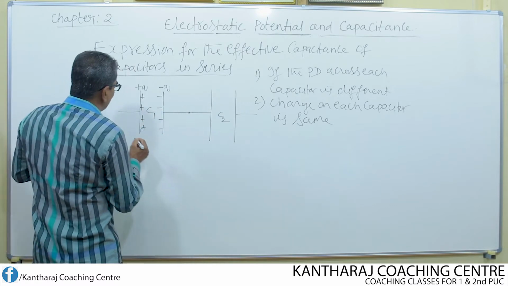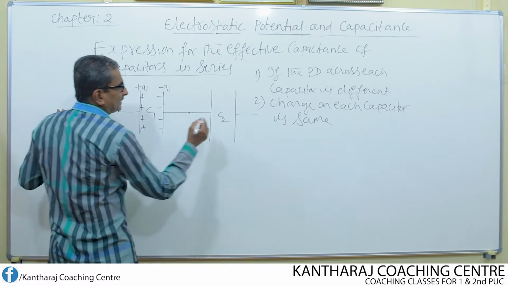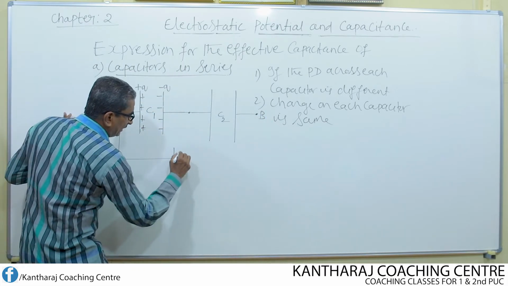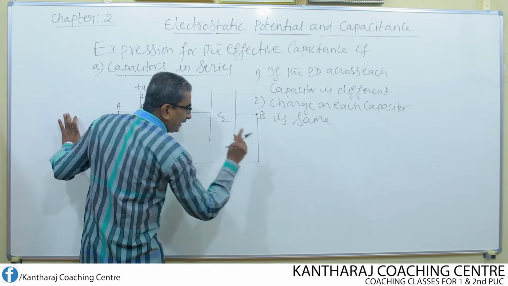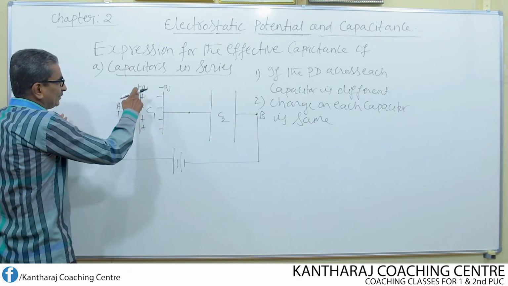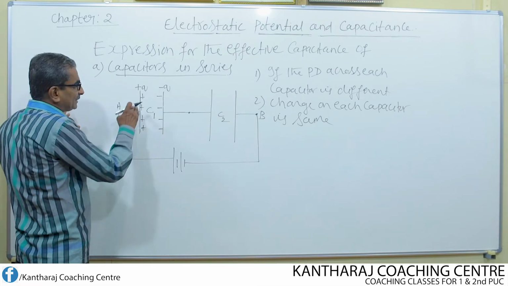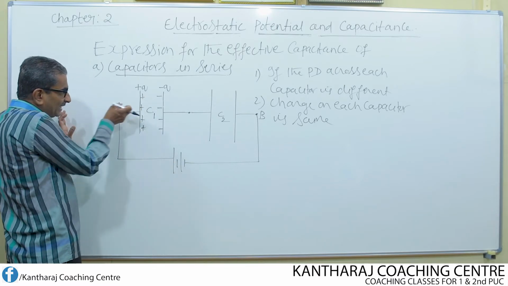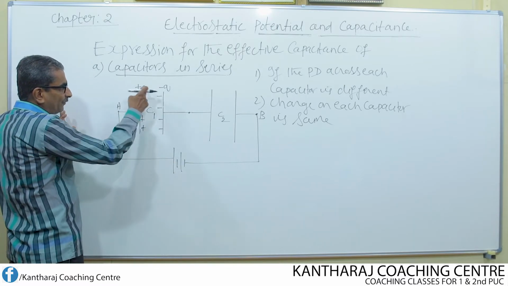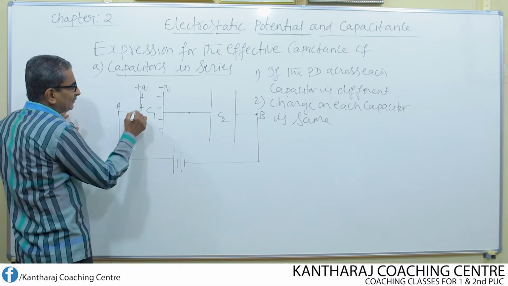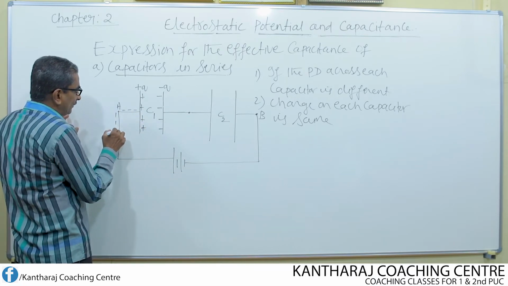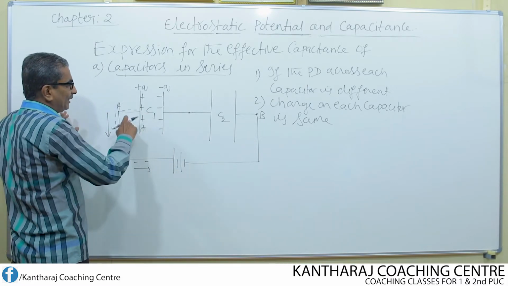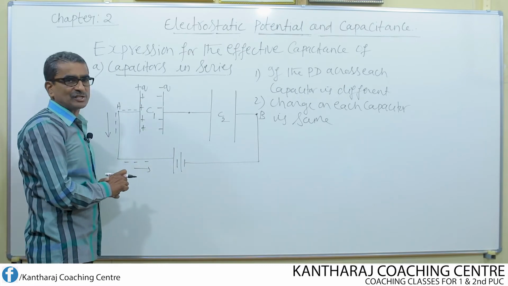Now the two capacitors which are connected in series between the two points A and B are connected to a cell or a battery. If I do so, then what happens? Now this plate is going to lose electrons because the positive terminal pulls the electrons from the first plate of the first capacitor. As a result, the electrons move out of the plate towards the positive terminal, and by losing electrons it becomes positively charged.